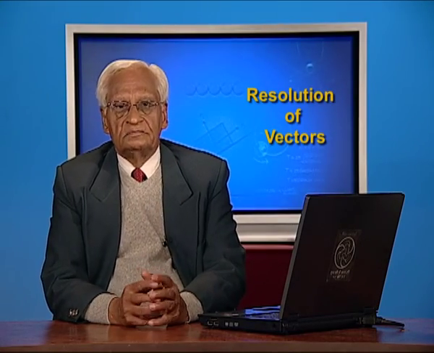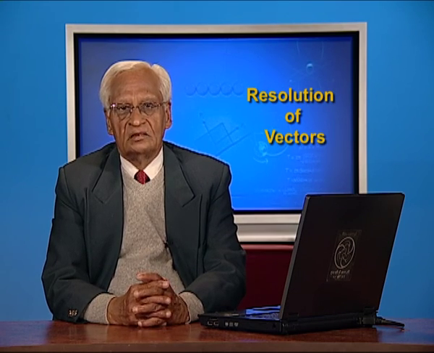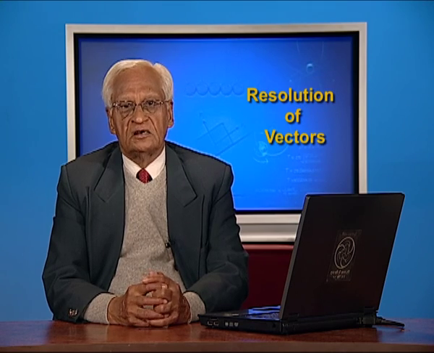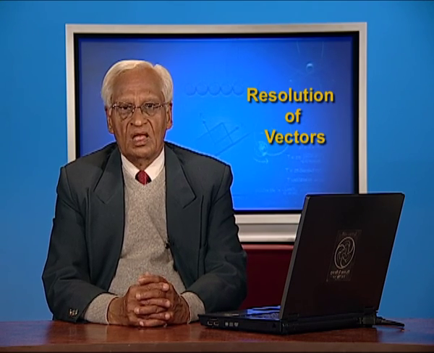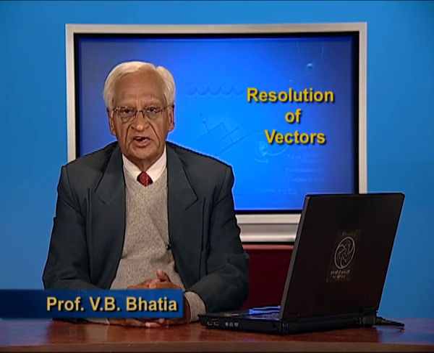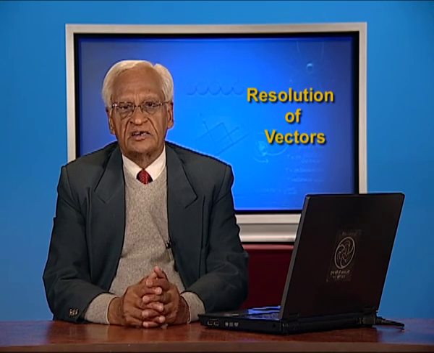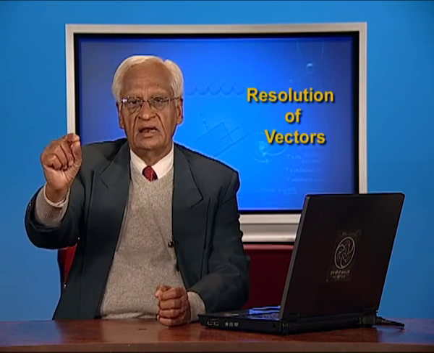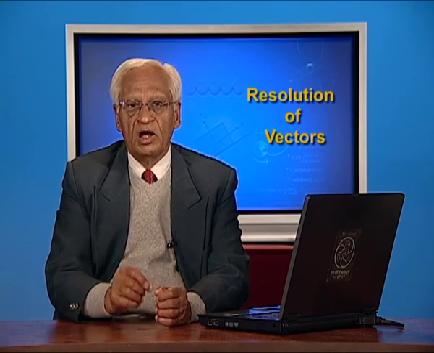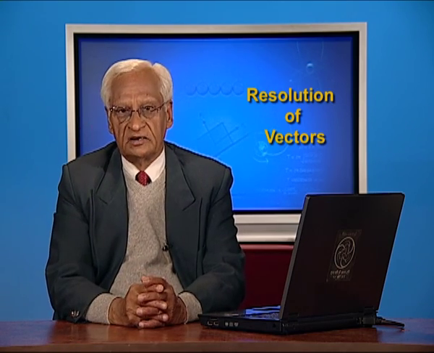This is the last lecture on vectors. Therefore, I wish to take this opportunity to repeat what you have done earlier. We have seen vectors are quantities which have magnitude and direction. We have seen how a vector is drawn by a line segment with an arrowhead. We have seen how a vector is written, say vector A with an arrow on it.